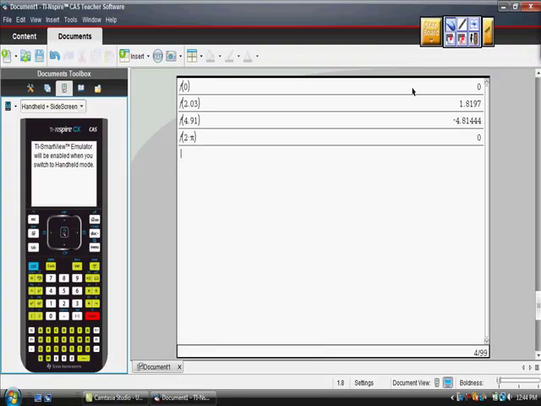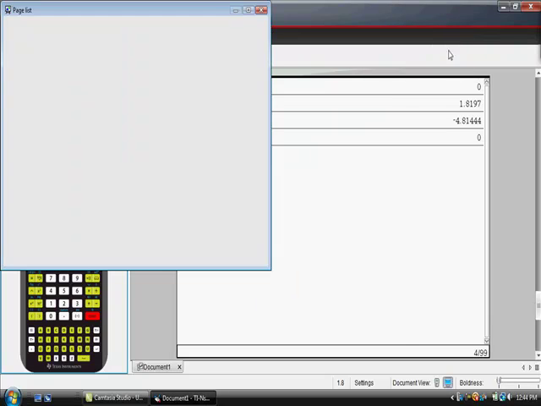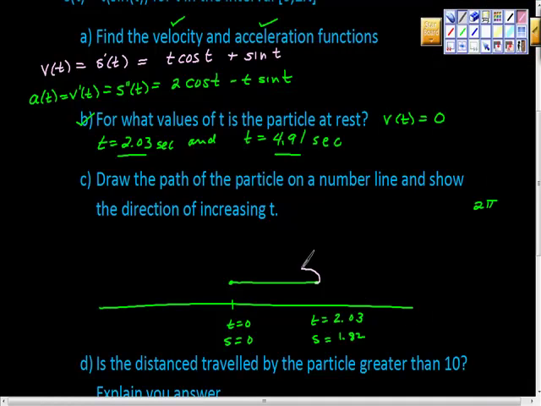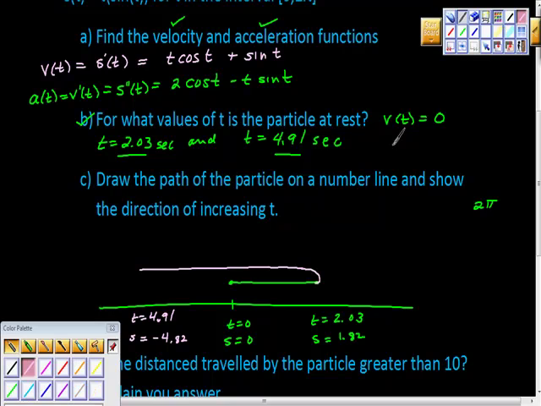Let's look at this for a second. At time is 4.91, we have negative 4.82. Good. All right. So here, time equals 4.91, but position equals negative 4.82, doesn't it? The reason that this is an important place for us is because we know that is where velocity goes to 0, so we're going to head back, aren't we? We're heading back. And what we find out is if we go to time as pi,